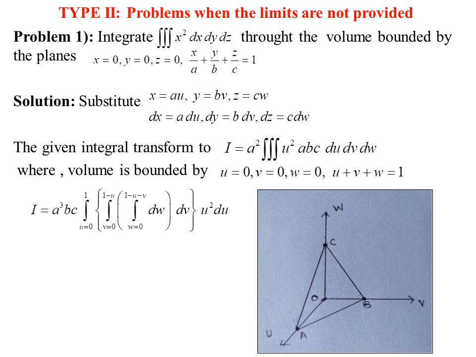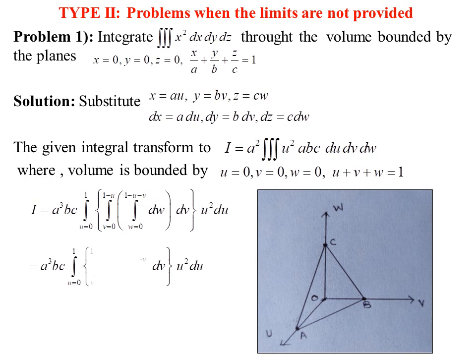So u की limits हमारी 0 to 1 आ जाएगी. So with respect to all of these integrations, now our triple integration is written in this way. So this is a cube bc, taking all constant outside, integration u from 0 to 1, inner integration v from 0 to 1 minus u, and further inner integration w is equal to 0 to 1 minus u minus v into dw, then with respect to dv, and then with respect to u